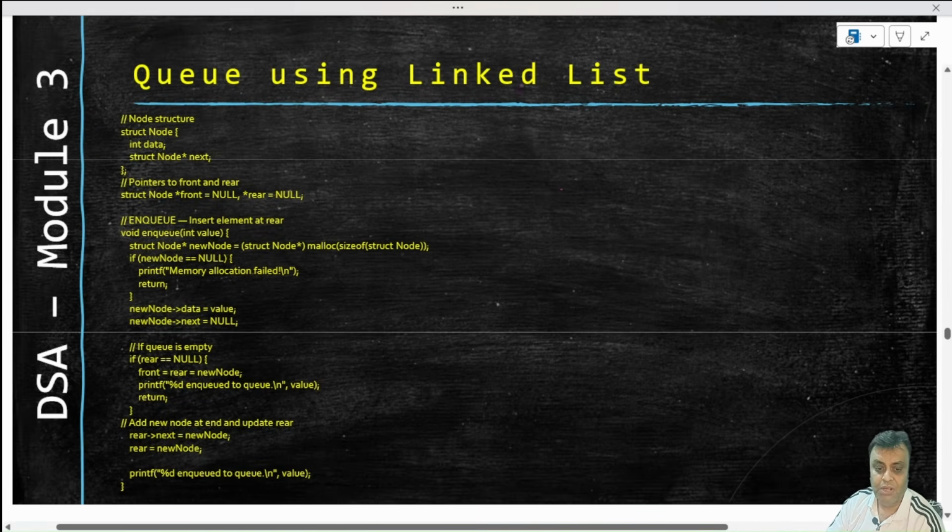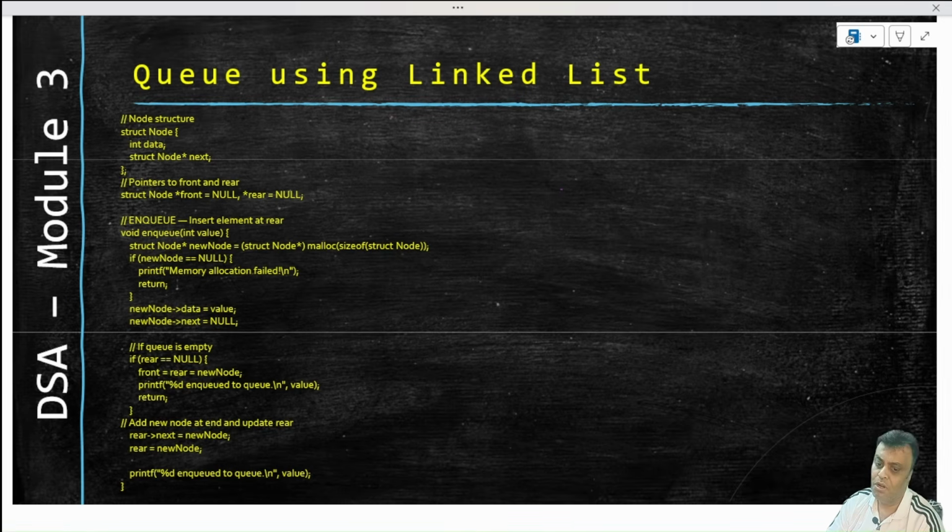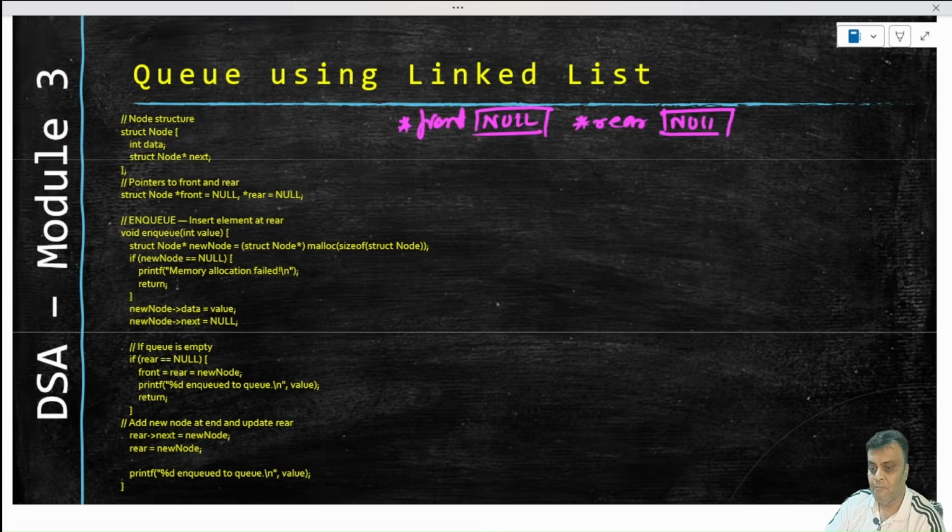So how do we do a queue? Let's figure that out. For a queue, you know what are the 2 pointers you need. You need the front, which is null, and you need a rear, which is also null, right? And how will the queue look like? If I have a queue like this, I will be inserting from the rear. Let's say I have inserted 75, 77 and 9 into this queue,